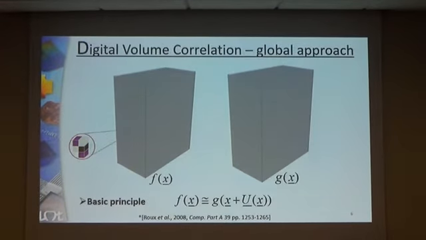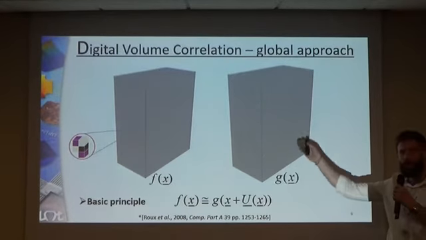A reconstructed volume is nothing else than a spatial scalar function of the gray level values. And the basic principle of digital volume correlation consists in the matching of gray levels in the undeformed configuration F with the one in the deformed configuration G, but corrected with the displacement field that we are looking for. So unlike most of the commercial codes that are using a local approach to image correlation, here we have used a global approach, meaning global in the sense that the residual that we are trying to minimize, and this is the difference between the two, is minimized over the whole region of interest in a single approach.